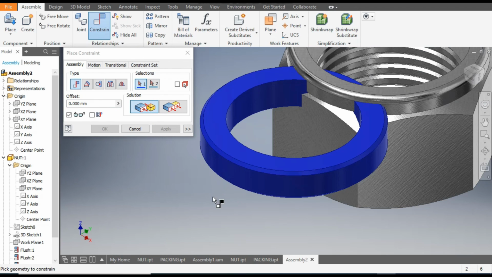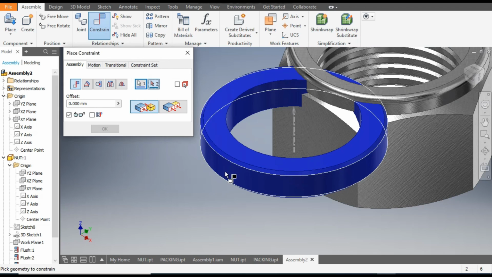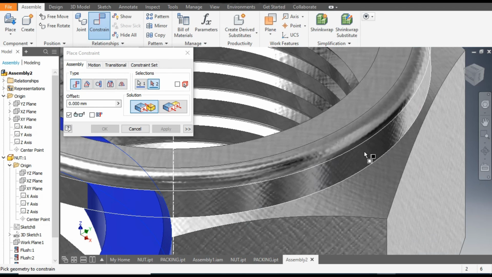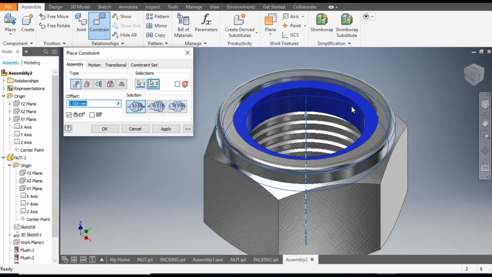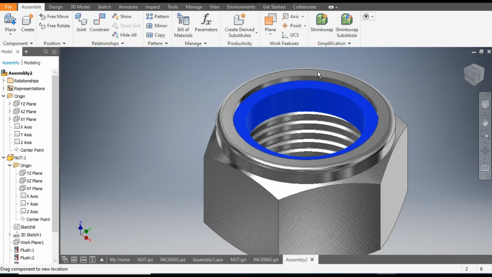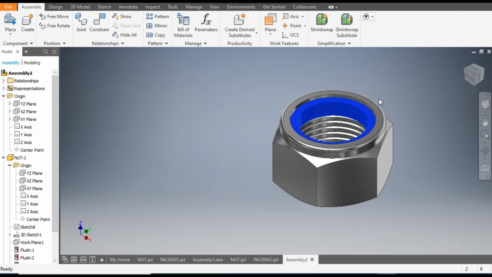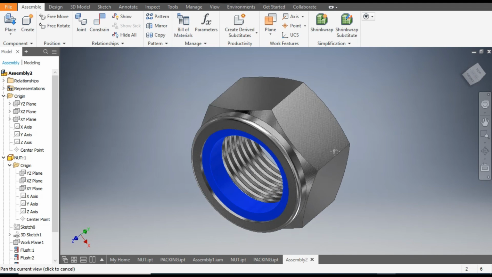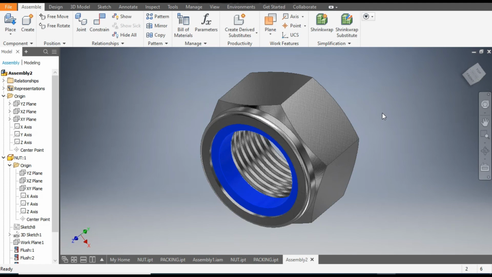Now select this circular face and here circular face of nut. Now it will be concentric. Here you will select opposed and apply. Okay, now you can see there is no movement of packing also. Okay, so this was a basic tutorial to how to construct a lock nut or self-locking nut in Autodesk Inventor